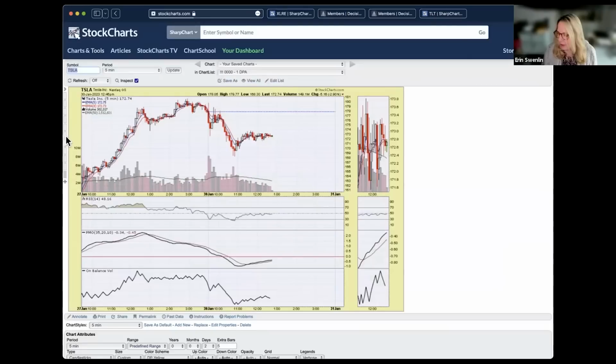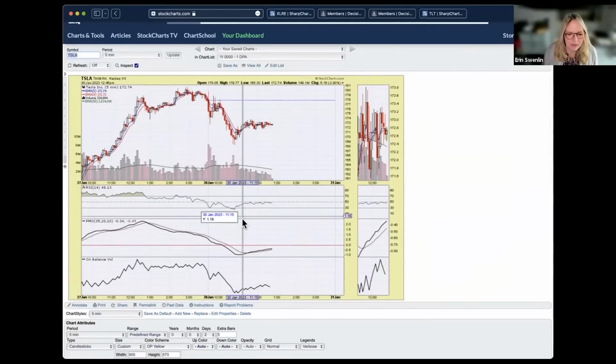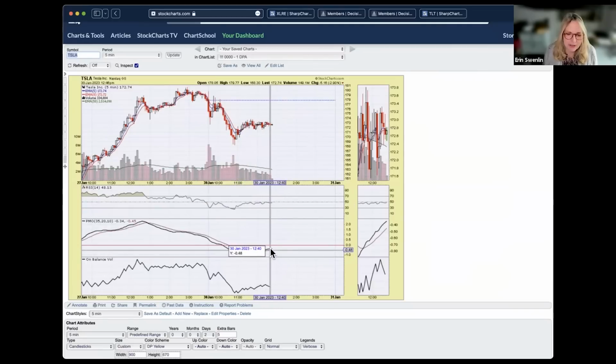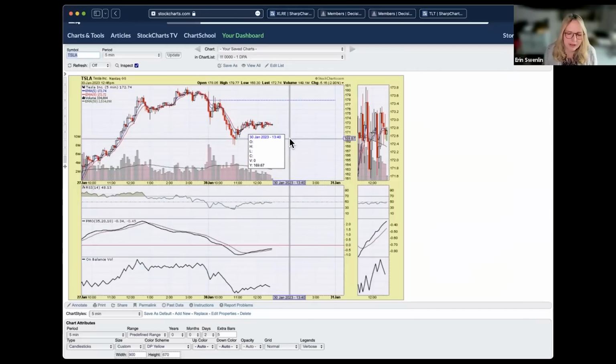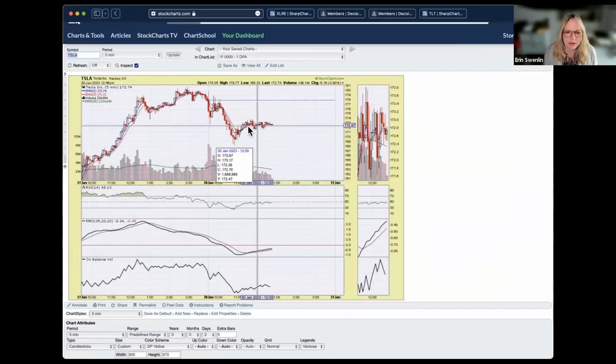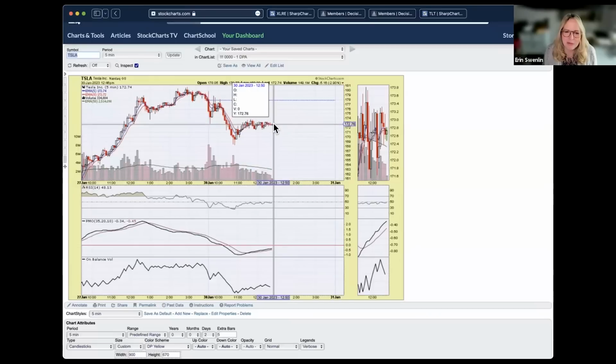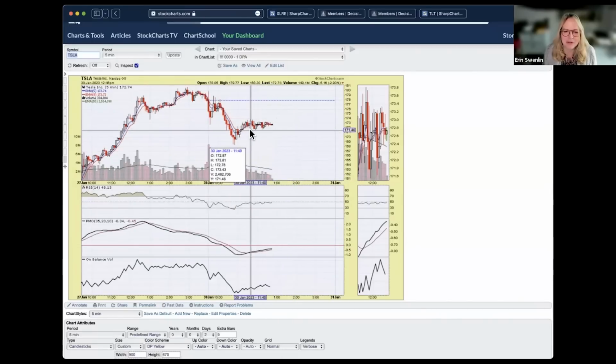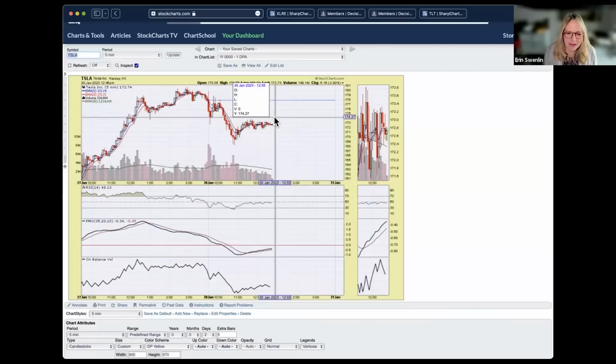If we go to the 5-minute chart, the entry hasn't quite occurred, but it's about to. You can see that the RSI is staying in negative territory, but we do have the PMO on a buy signal and it is rising. So if you were a little less risk averse, you could maybe jump in on this one earlier. But looking at the price moving sideways, I would want to wait for that RSI to start getting more positive, just so that I know that a breakout is more likely to occur.